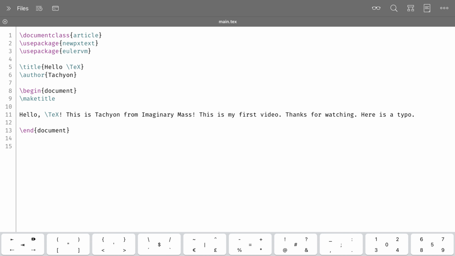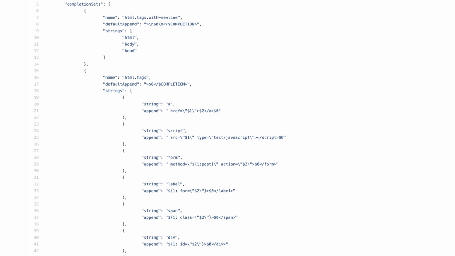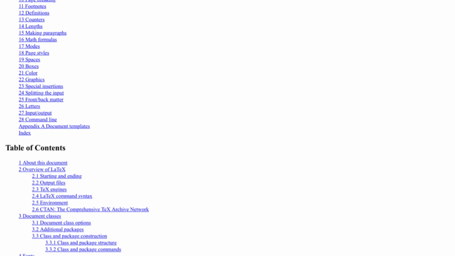Although the text editor in TeXWriter is very decent, with some beautifully implemented features like spell checking, Textastic is my text editor of choice here. One important reason is that it allows users to customize code completion. The developer has some examples of the built-in code completion configuration files on GitHub. However, the syntax is not documented at all. It took me a solid couple of hours to figure that out. I have written up a code completion file for LaTeX based on the LaTeX2e official reference manual, which you can find below.